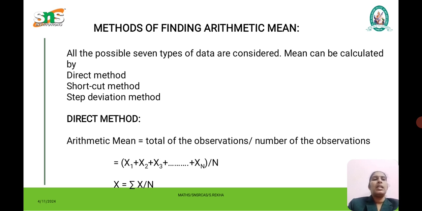So in the direct method, the arithmetic mean is total observations divided by number of observations. Total observation means if you want to know the weight of each student, just ask all the weights, sum all the weights of the students, and count how many students' weights you have collected. For example, if 50 students have told their weight, you can just sum all the weights. That is easily represented in the form of summation x by n. This is the simple formula we are adopting in the